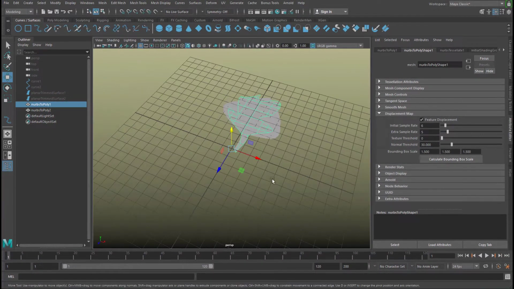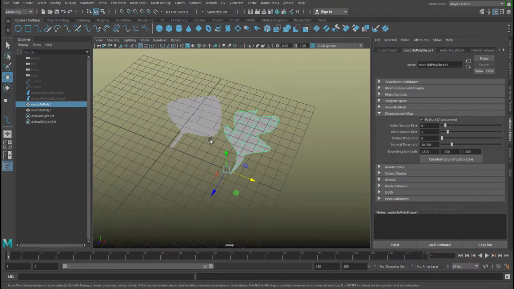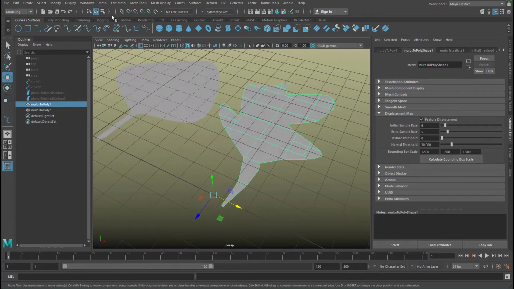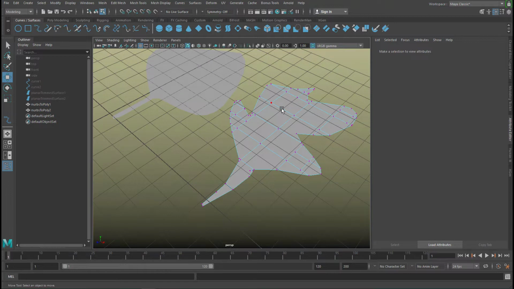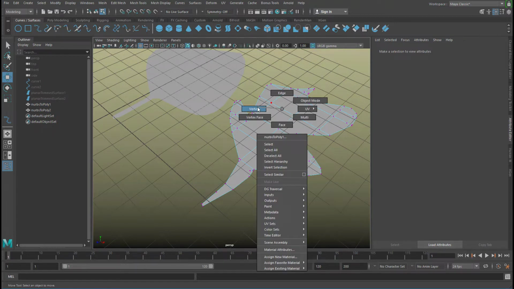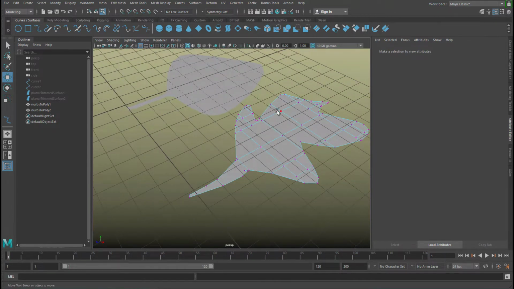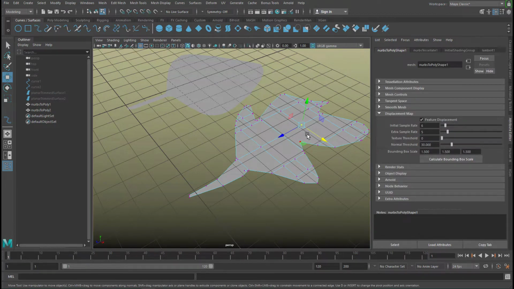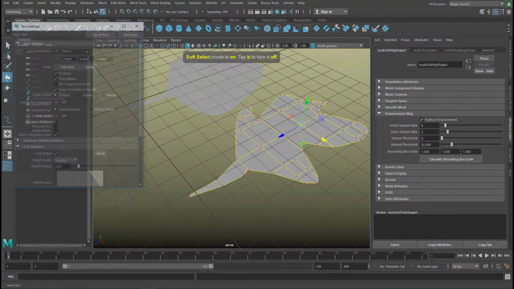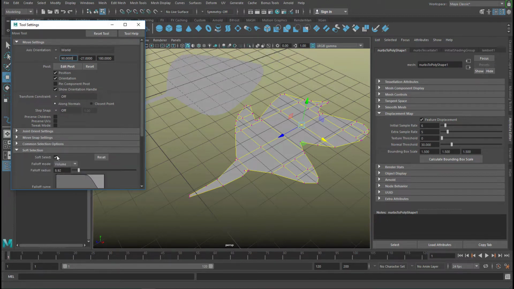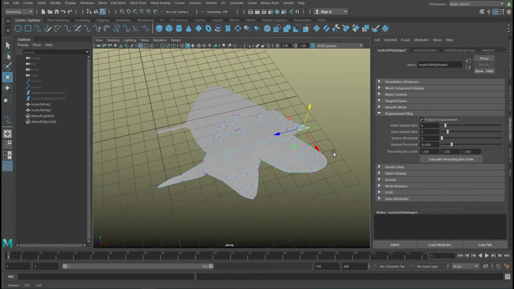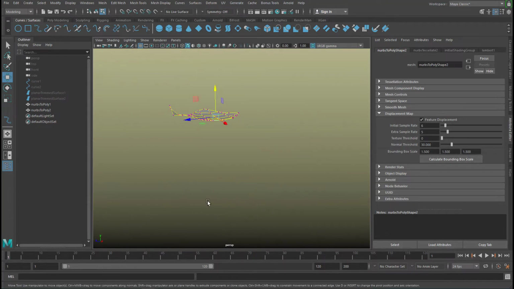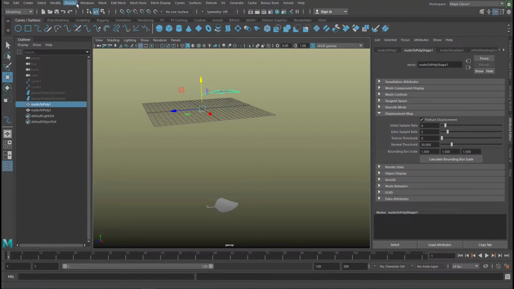So the first one is this one. Let me modify it slightly. So I press F8 again, so I get to the components. You can do the same thing by right mouse clicking and vertex, because we need the vertices now. And now we need the soft selection. So I press B again. That's double clicking here, soft selection active. And now I select this one, go to